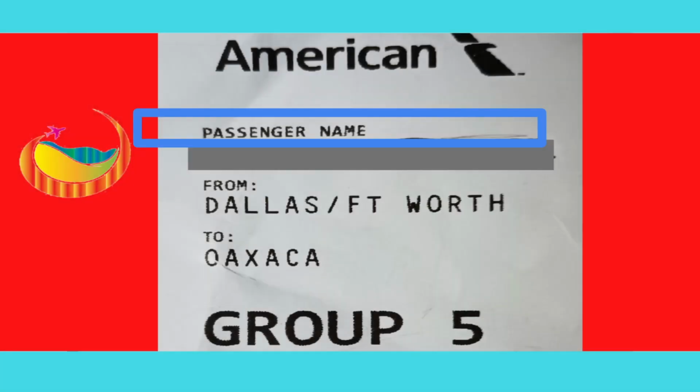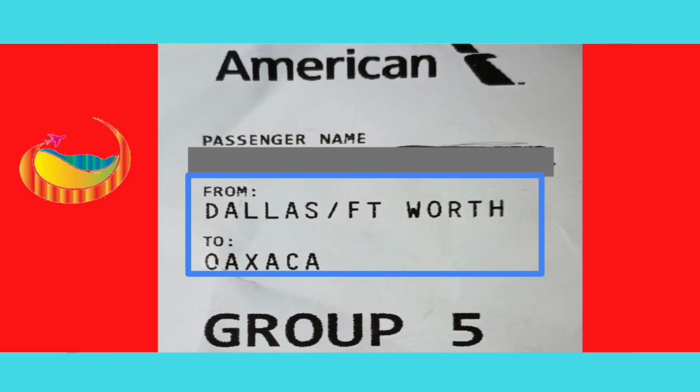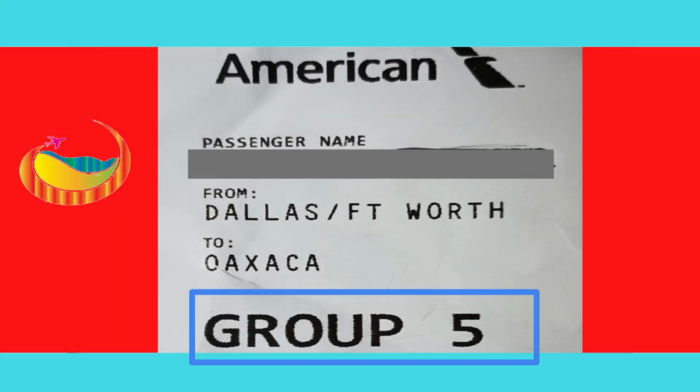Next, you're going to have your passenger name, which, this is my boarding pass, but I blanked out all my personal information on it. This is where you're going from and to. And this is your group number. You're probably wondering what that means. Your group number